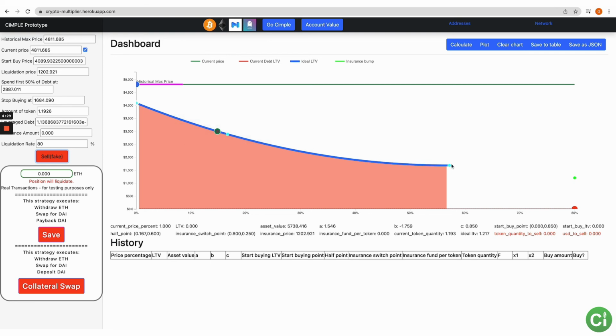And so we take this graph, right? This gives us the ideal loan to value to be at, and you can sell on and off of the graph, or you can get more intricate and click and drag, right? So that you choose different amounts to buy or sell, right? And so all of this works together.